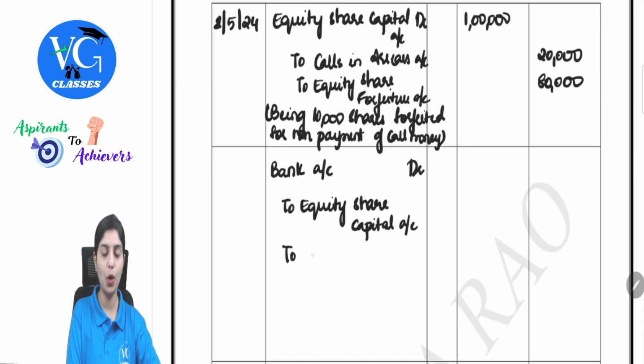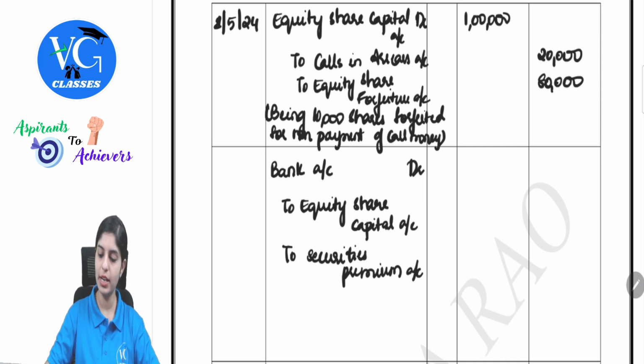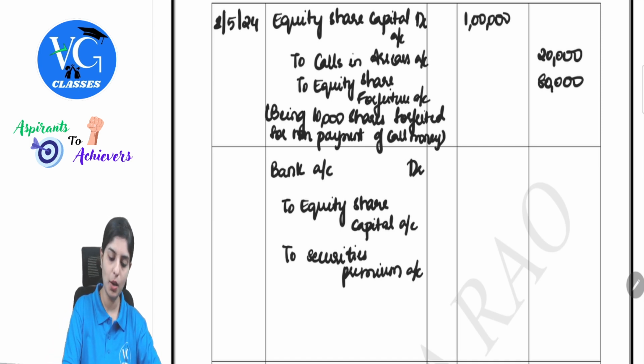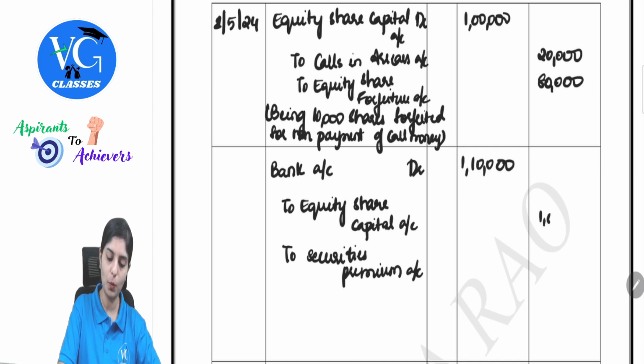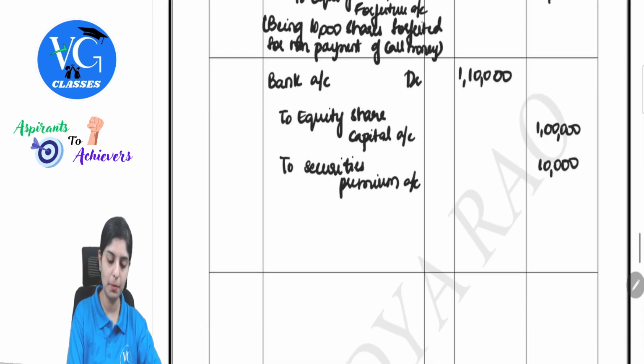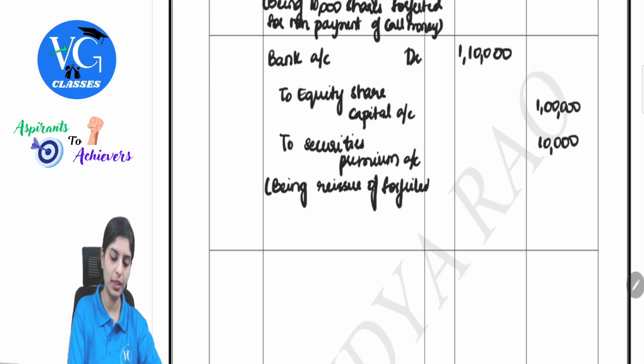Then we have what? Securities premium account. So 10,000 shares at 11 rupees will be 1,10,000. 10,000 for share capital will go at face value, that will be 1 lakh. So 10,000 is your securities premium balance. Being reissue of forfeited shares